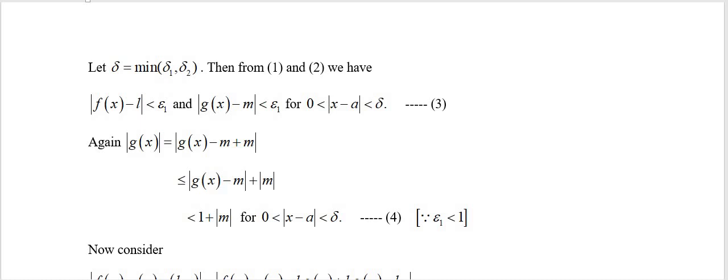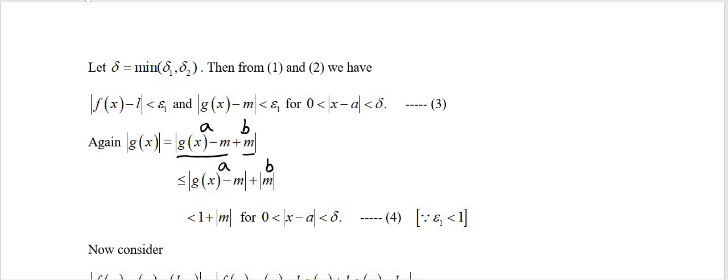Again, now I am going to find out the value of modulus of g of x. Here I am writing minus m plus m. That means the value of mod g of x does not change; only the form of mod g of x is changed. If we cancel these two, we get mod g of x only. Here again I am using the same concept. I am taking this as a, this as b. So modulus of a plus b is less than or equal to mod a plus mod b, which is strictly less than